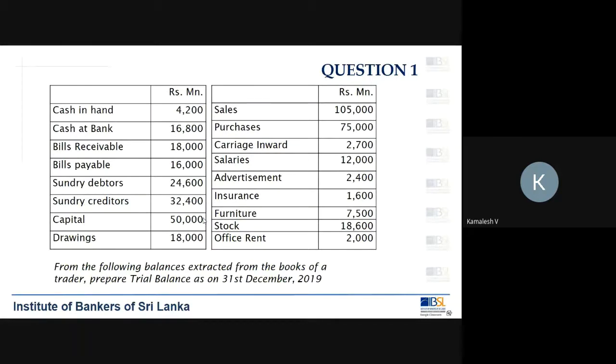Because after doing that only, you can make a decision what kind of a balance this is, whether this is a debit balance or a credit balance. Once we know what the class of this account is, then we can decide, based on the normal balance concept, what type of an account it should be.